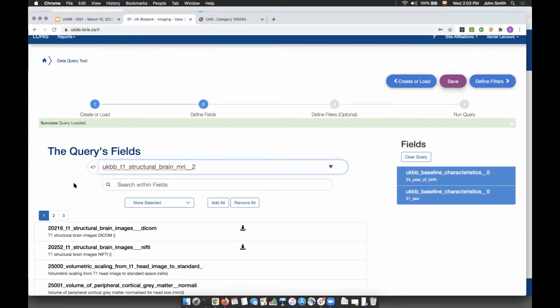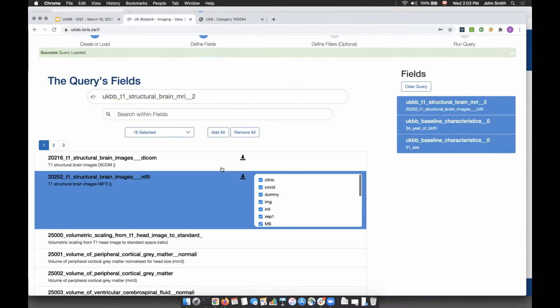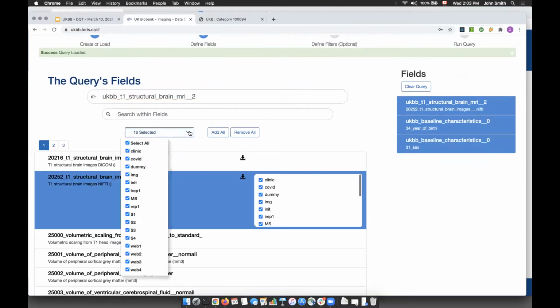But for this example, let's just add the nifty image. It should be the second field right there. You can see that it's a downloadable field, and I'll just select the one from the imaging session.